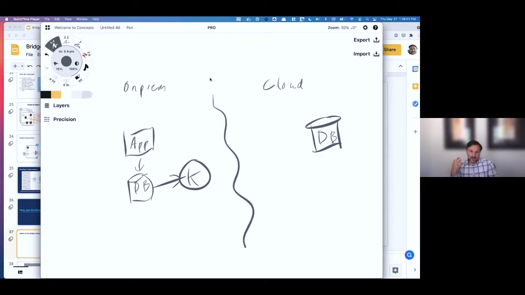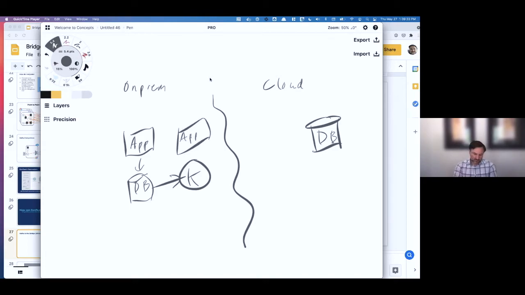Kafka is an amazing decoupler, which means your sources don't have to know about their destinations, and your destinations don't have to know about their sources. All they have to know about is Kafka. And so your database, with that connector and no code, was able to put information within Kafka. And once it's in there, you can give it to whoever wants it, provided they have proper access to it.